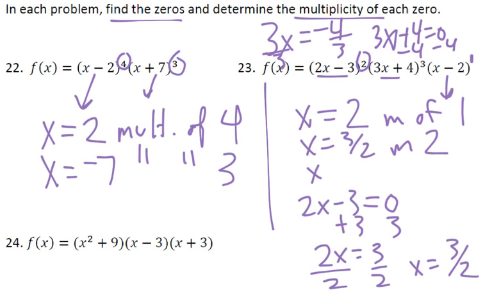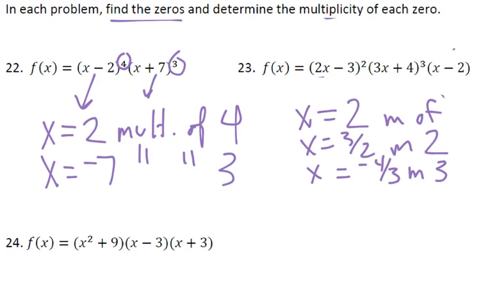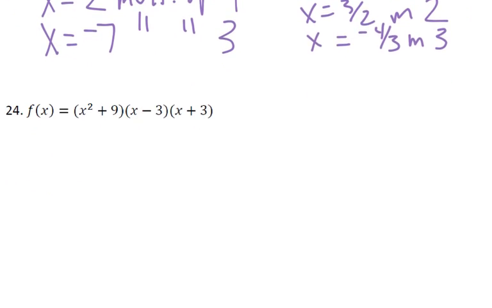So x equals negative 4/3, or negative 1 1/3, or negative 1.3, with a multiplicity of 3. Okay? So erase that stuff out of the way so you can see what's going on there. Okay, now if we look at 24,